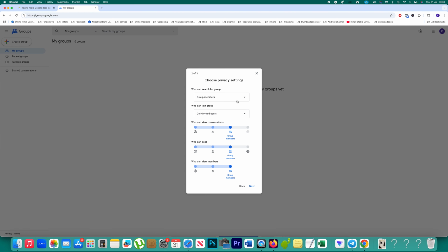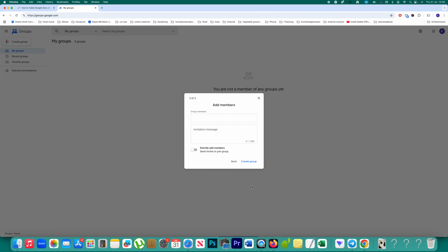Next, you can adjust the setting who can search for the group, either group members or anyone on the web. Similarly, who can join the group, invited users, anyone can ask, anyone can join, who can view the conversation, group members or all of them, who can post, who can view members. You can select as per your settings, then select next,